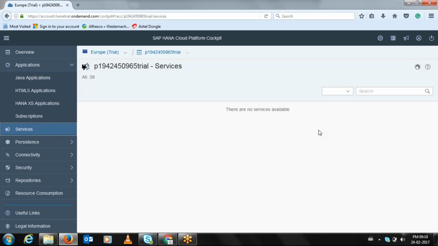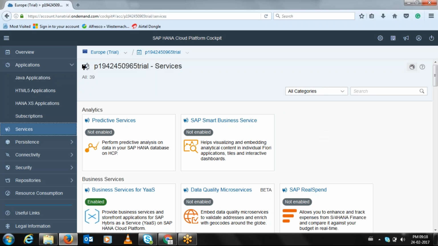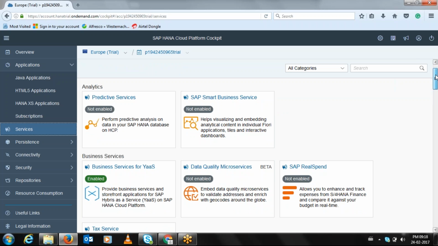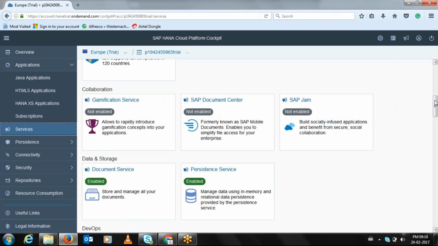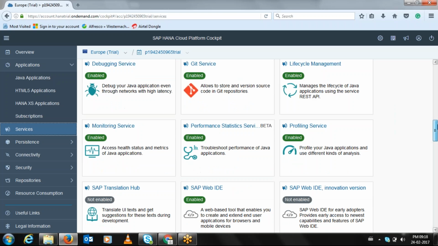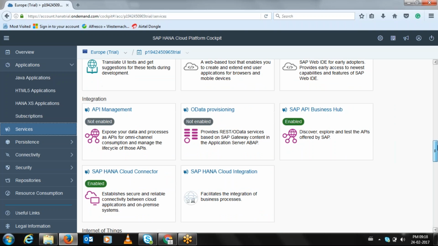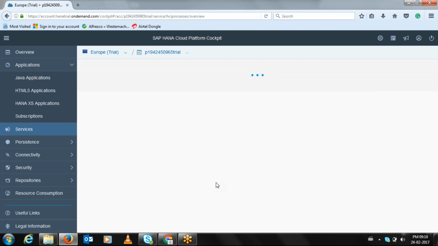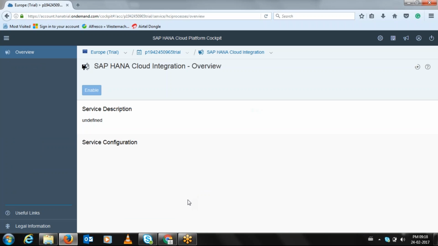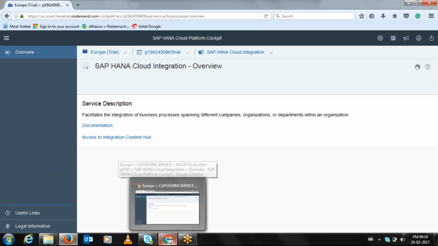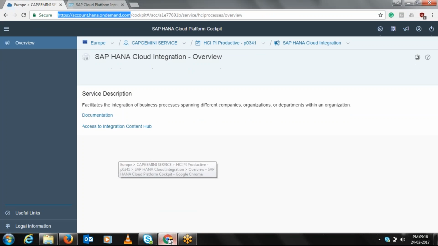If you want to create your applications, your UI5 or HTML5, you can create them, but it's not yet provided. So you will have the option to initiate it.